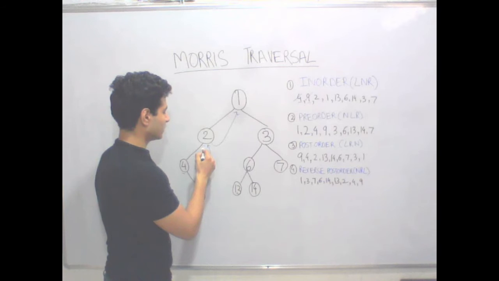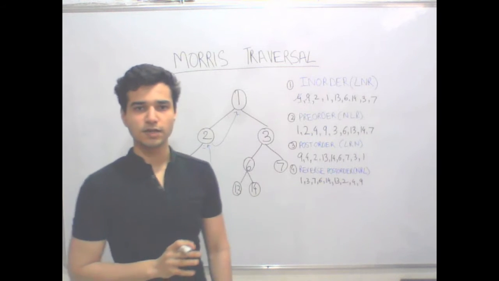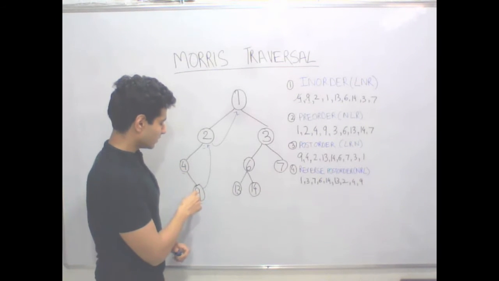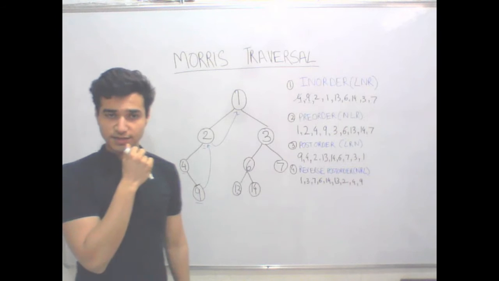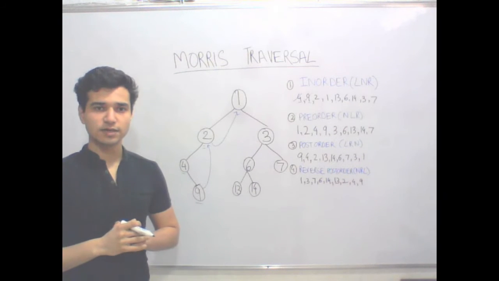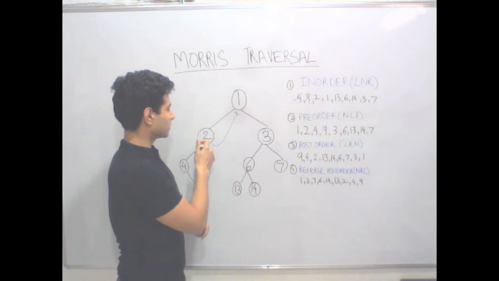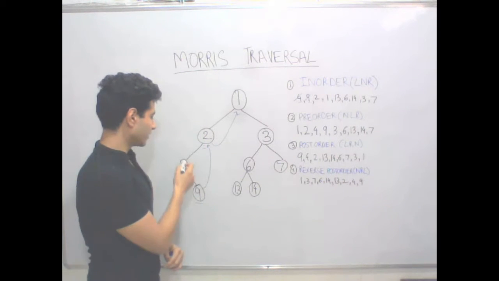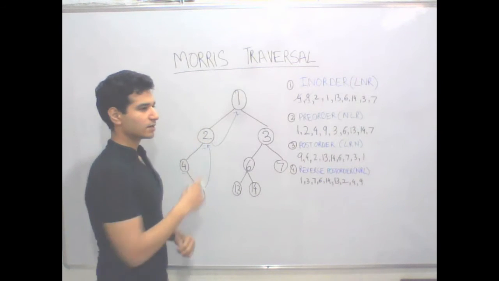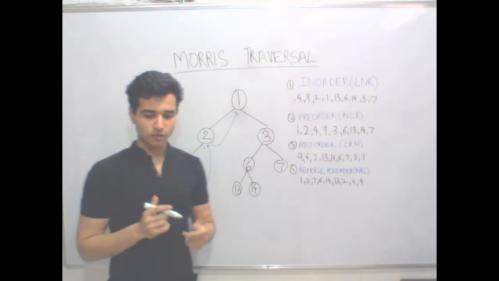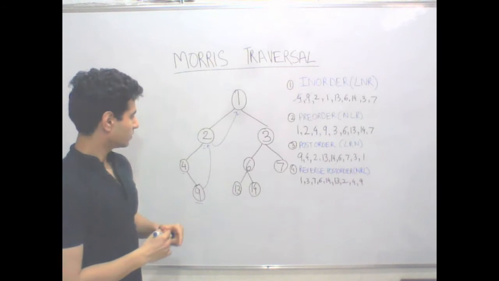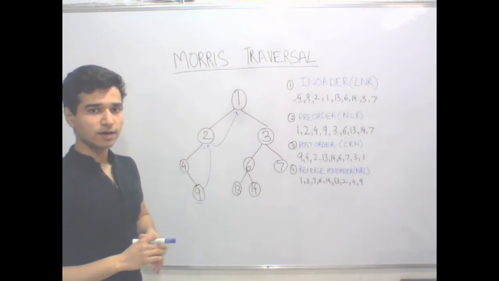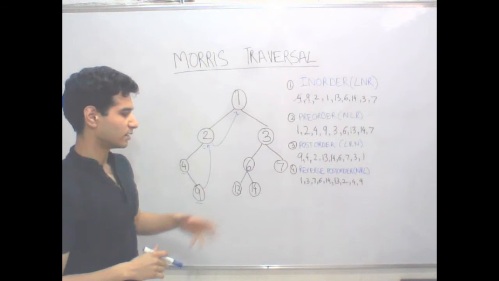Now we are again at node 2. Again we check its predecessor. It is 9, but 9's right is not null. It has been assigned to the current node. That means we have already visited all of the left nodes, and we are returning back, right? So what does this mean? The left nodes have been processed. We are at the current node, and we have to process it and go right.